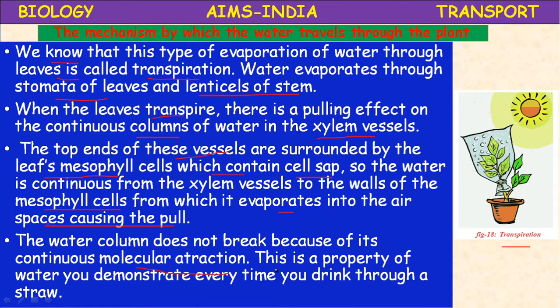In the same manner, extra water is lost in the form of water vapor through the leaves, through stomata of the leaves and the lenticels of the stem. A continuous water column is maintained between the root hairs and the upper parts of the plant. As the water is lost and extra water is absorbed continuously, it is maintained. Now we have a picture of a water conducting system of a tree. So water is absorbed by osmosis from the soil by the root hairs.